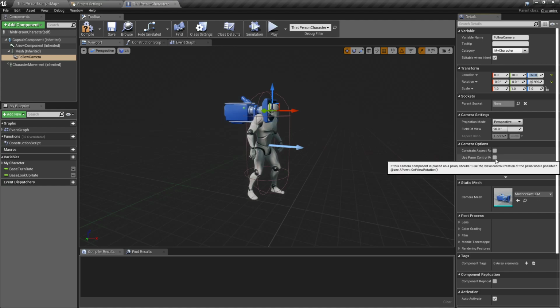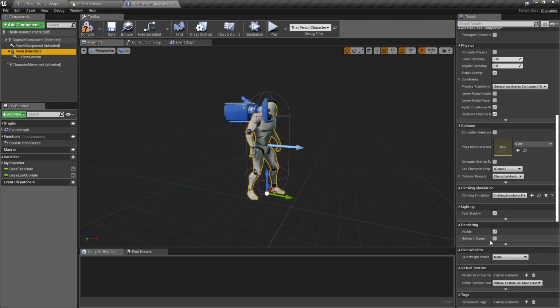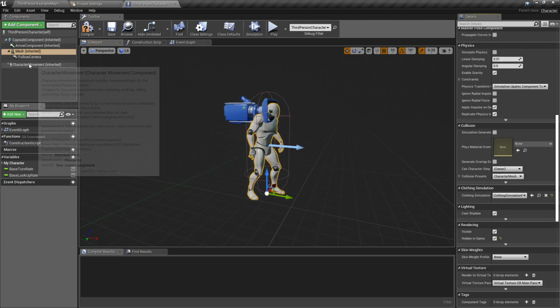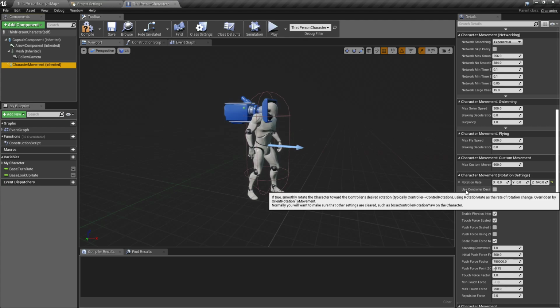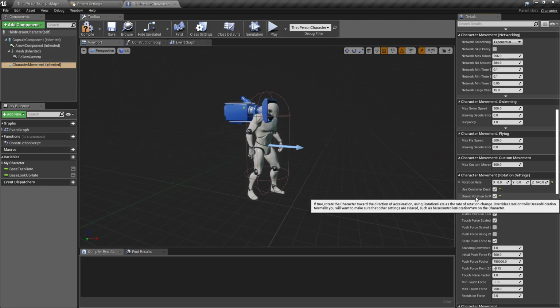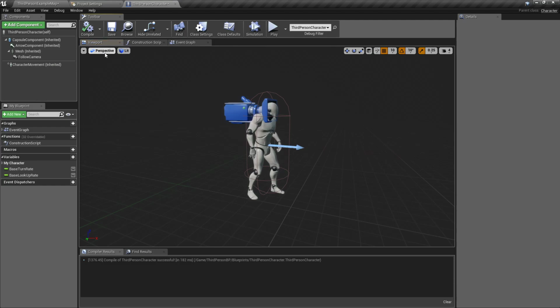Under camera options, I'm going to set use pawn control rotation. Under mesh, I'm going to set hidden in game. And under character movement, I'm going to go down to the rotation settings and tick the use controller desired rotation and untick the orient rotation to movement. This will keep it to where our player faces the direction the camera and the mouse is facing,